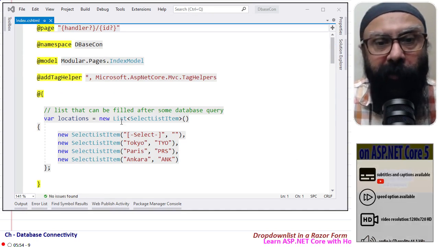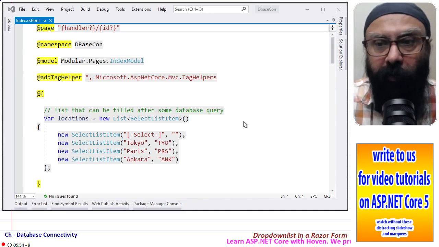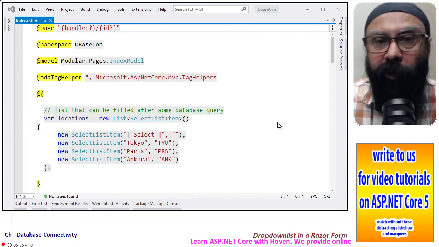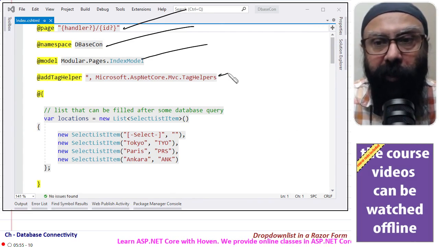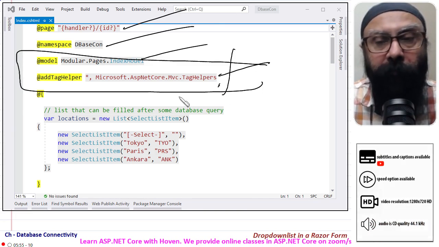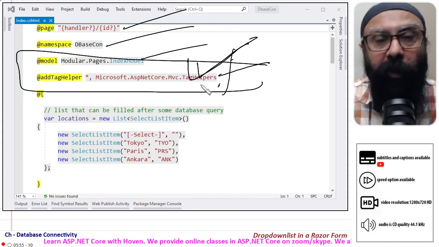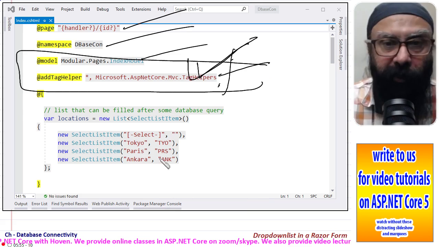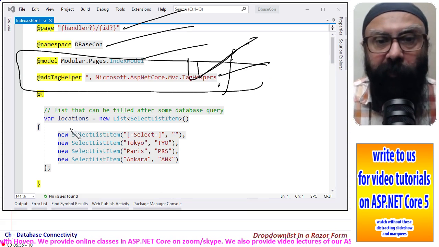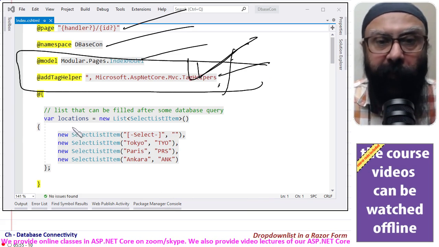It's about what I have already discussed. This is the page directive, the namespace, the backing class, the tag helpers. Now this is important. It is because of this that your select list actually operates. It gets connected to the collection. And in this case we have created a collection on the same page.